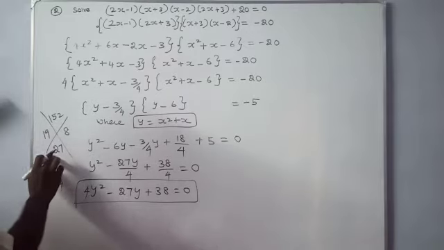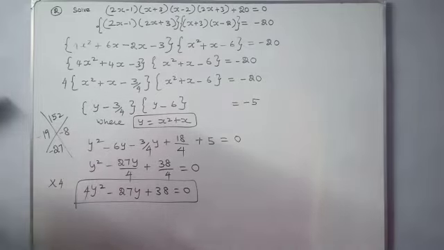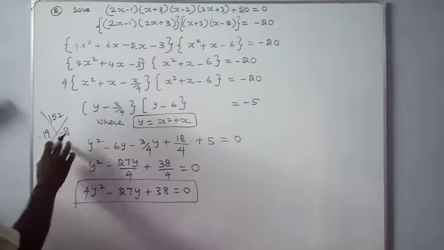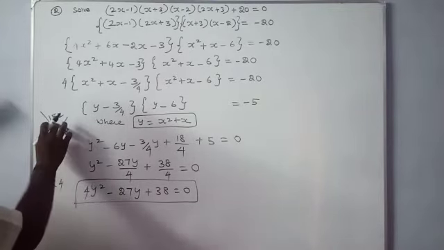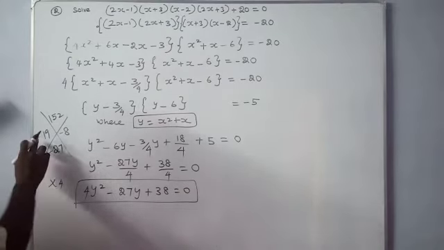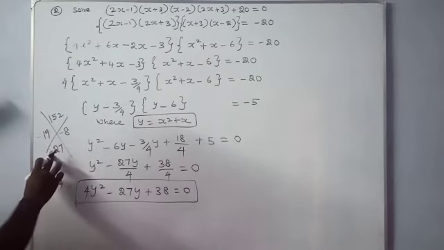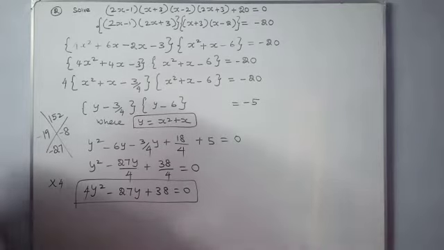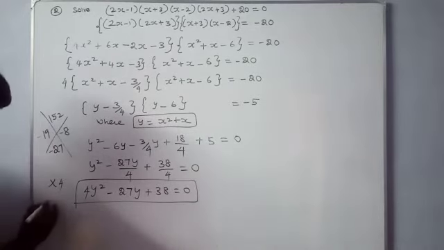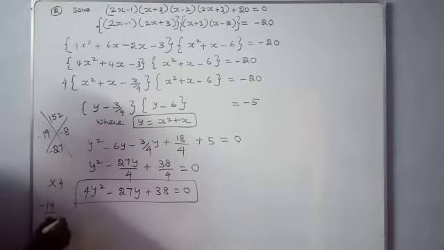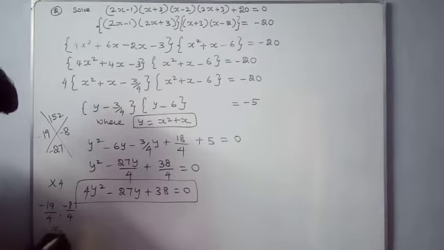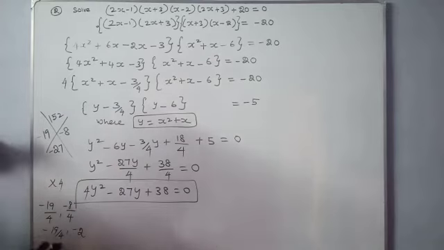So the total is 152. Here minus 27 is there, so minus 19, minus 8. So multiply these two and add these two. Minus into minus is plus here, and here add these two terms, minus 27. So here 4 is there, so we want to divide the factor: minus 19 divided by 4, comma, minus 8 divided by 4. We cannot cancel the first, but we can cancel the second, so minus 2. Minus 19 by 4, comma, minus 2.